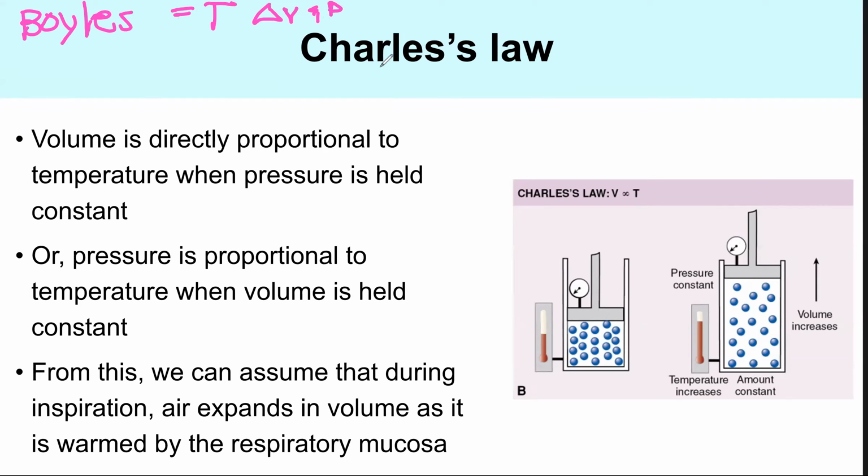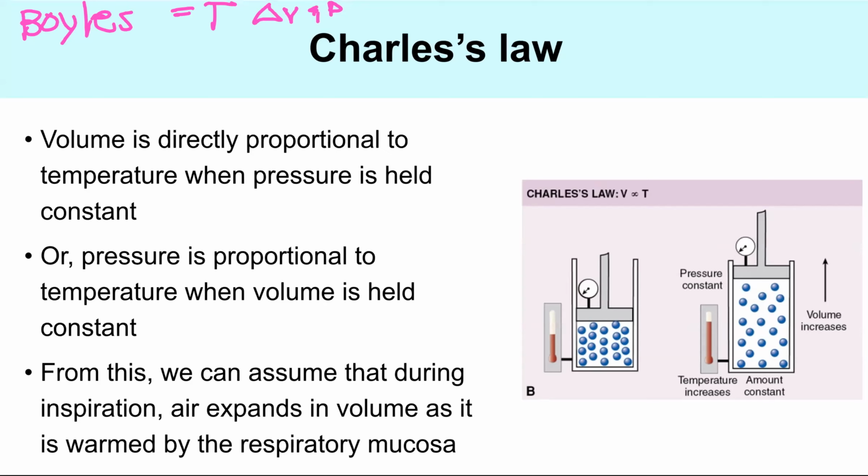Okay, but in Charles' law, we're actually saying something a little bit different. We're saying that in this scenario, we are going to hold our pressure constant, and therefore the volume and the temperature is going to change, and they are directly proportional